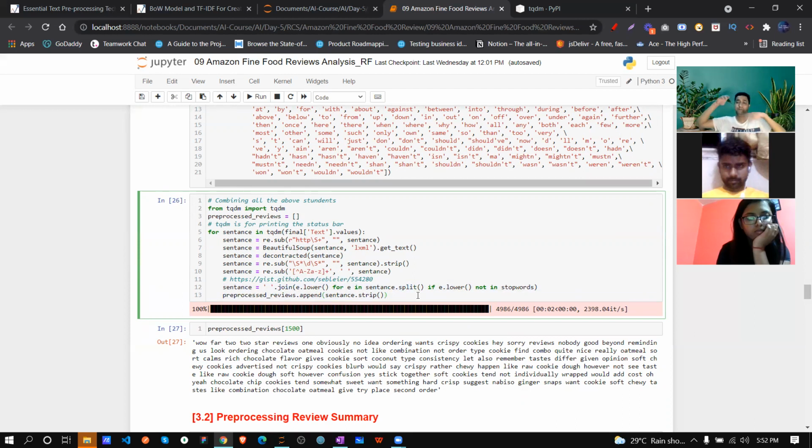Previously I just showcased it in an individual way, and this is the way if we are just writing a for loop. Each individual text or feedback will be pre-processed and given to you as the final one.